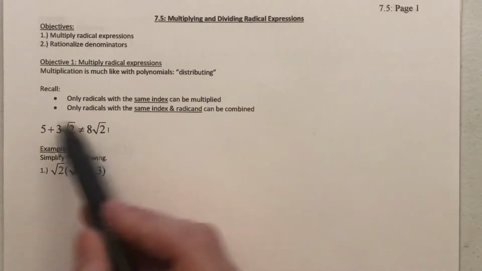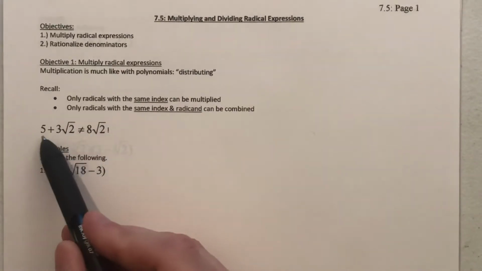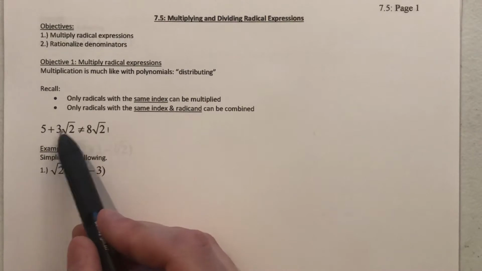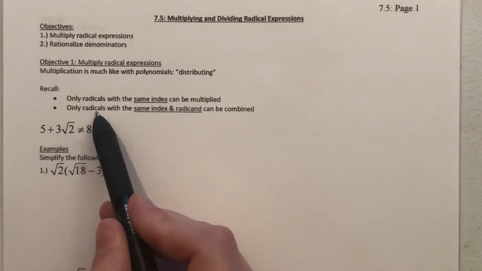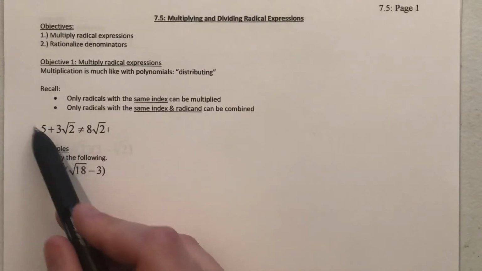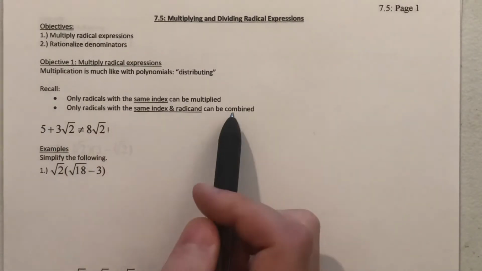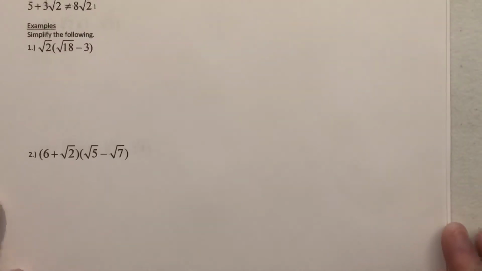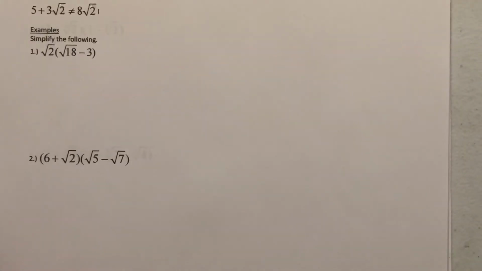And a reminder, something as simple as this can be very confusing. Don't allow yourself to simply add those two numbers if it looks convenient to do so, because that's following this rule here. If this is a square root of 2 term and this is not a square root of 2 term, you cannot combine them. They cannot be added or subtracted. So just keep that in mind as we're going through here. All right, so the first example,